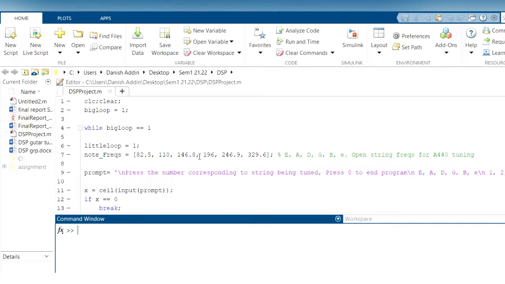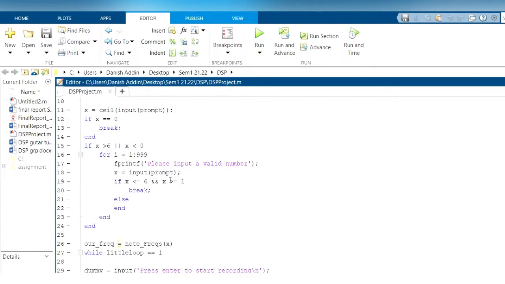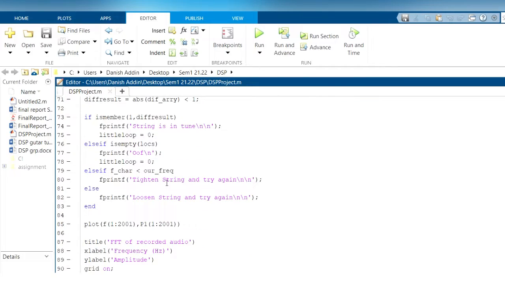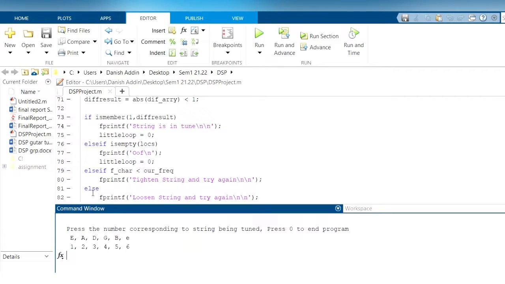So this is my coding section, and to run this project, as we can see on the command window, it says press the number corresponding to the string being tuned and press 0 to end the program.